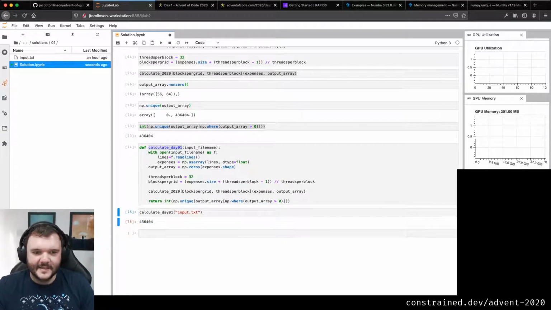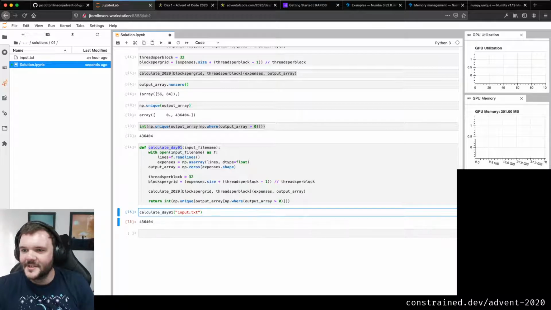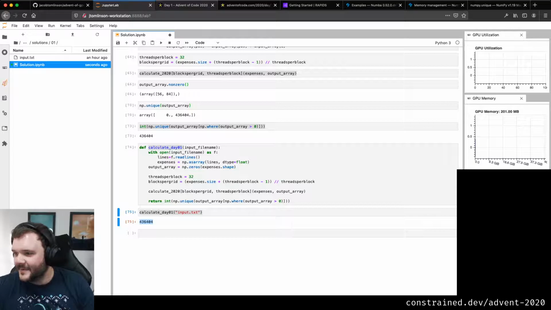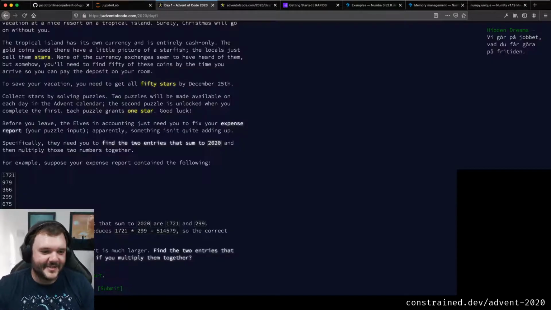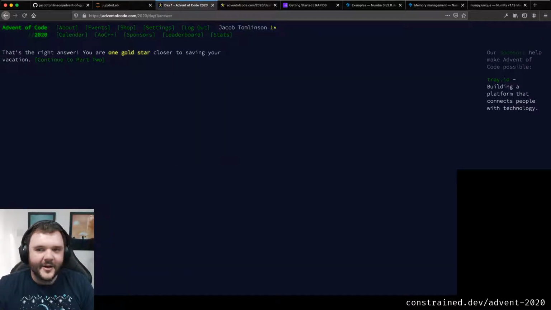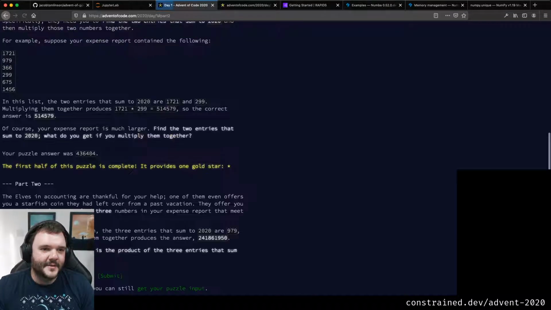That was really exciting. It's such a small amount of work as well. My GPU dashboards are not doing anything, but that's fine. I have a number. It's taken me an hour to get to this point, but I think that's because we've had a fun lesson on GPUs and I've tried to remember what on earth I'm doing. But if I put my number in and hit submit, I got a gold star. Hooray, success. That's exciting. So continue to part 2.